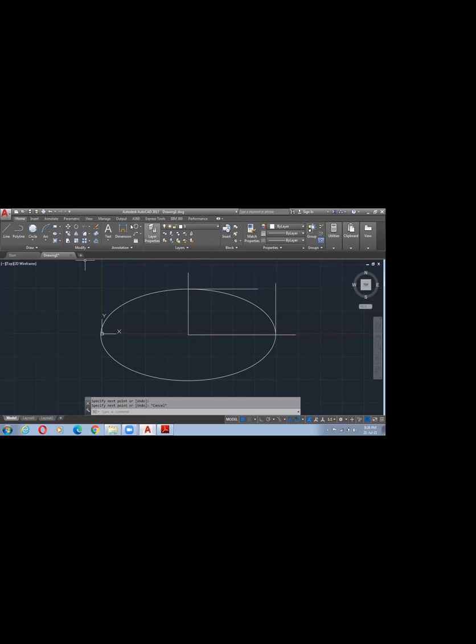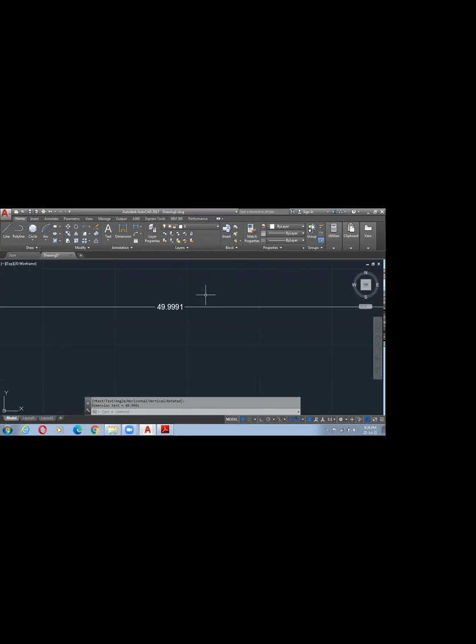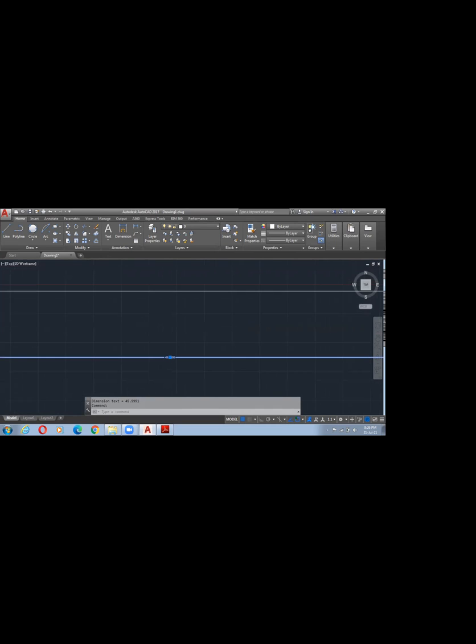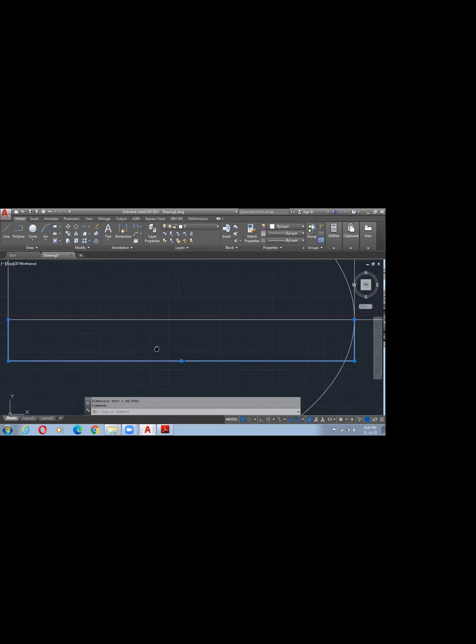Even if you are cross checking the distance from one point to another point, here I hope we didn't get the line perfectly, but it is 50 radius, that means 100 nearly. The radius is 50 as we mentioned, and on the other side it will be 25.